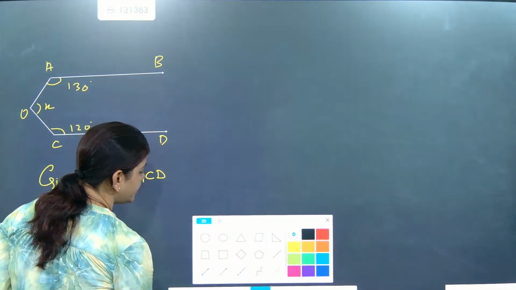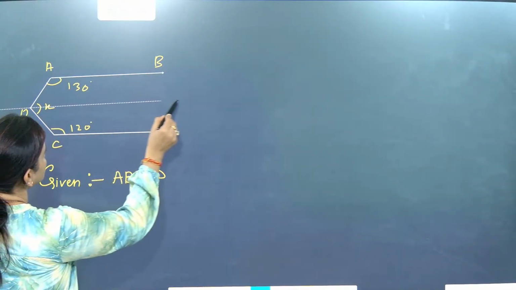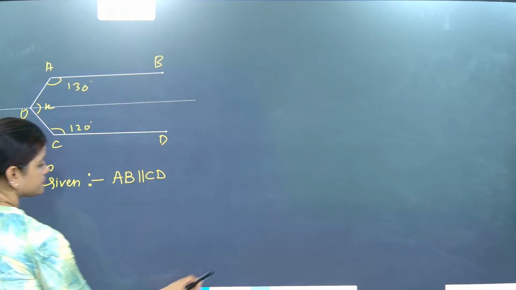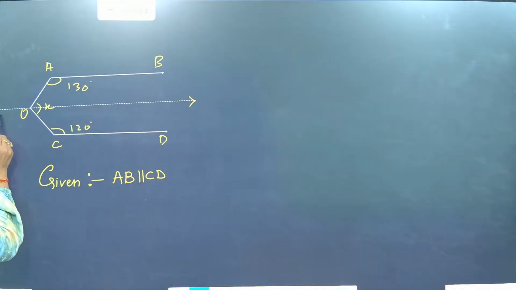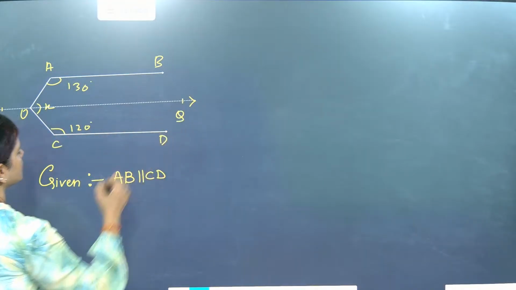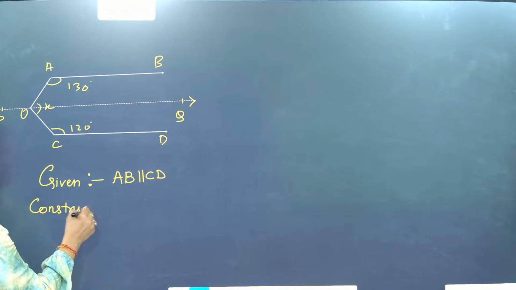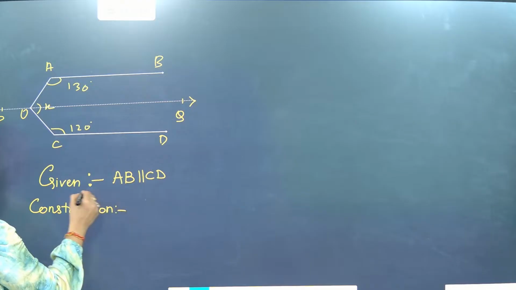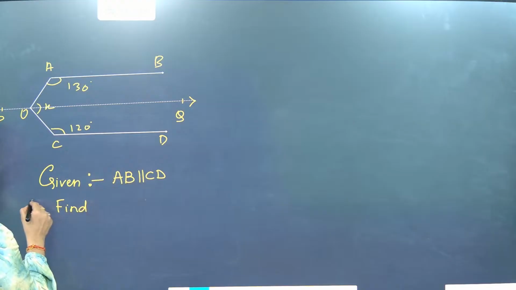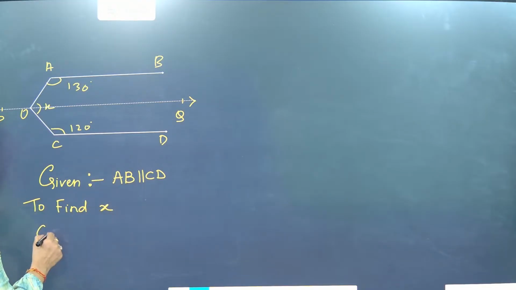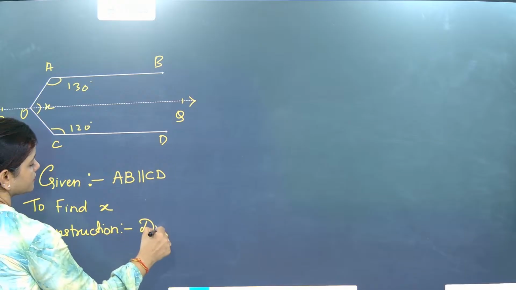First we will be drawing this line. We will be taking one construction line. We will draw one line. So we will write in construction. We have to find what? We have to find after this. We have to write to find x. Construction work now we will do. Drawing